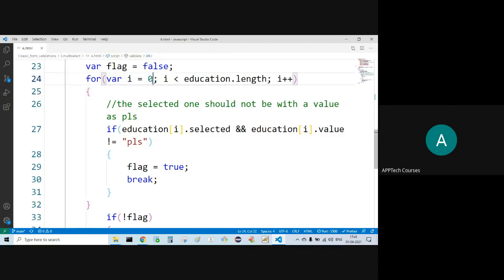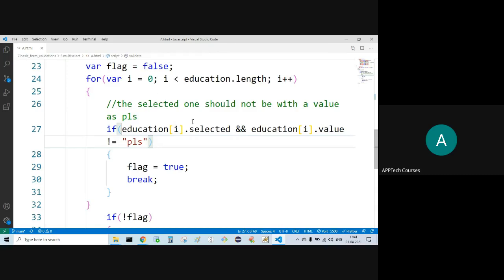From 0 we are coming to 1. I have selected 0. This is returning what? False. If education of 0 selected, education of 0 dot value not equal to PLS, what happens? False. So it is coming to the next iteration.